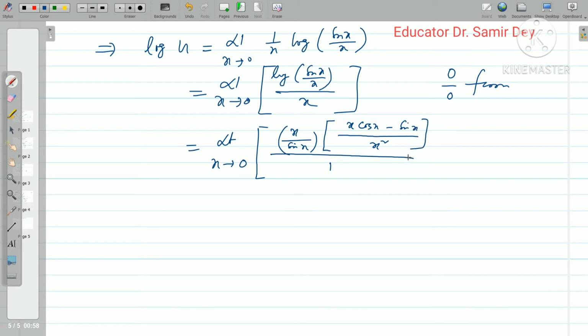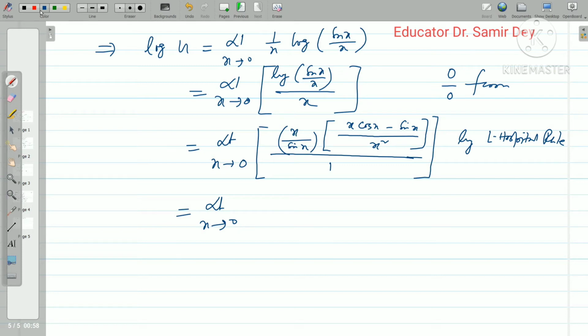Please check carefully, but don't forget to mention L'Hospital rule. Okay, so therefore limit x tends to 0,